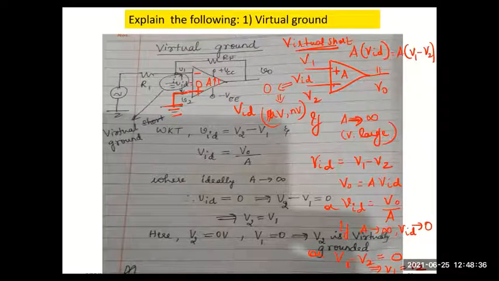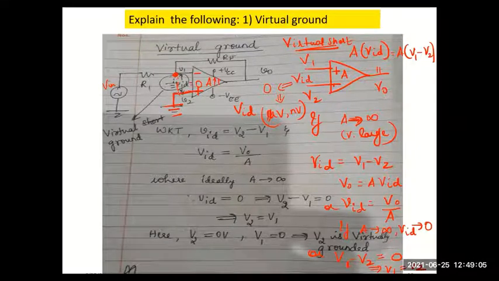In this case, I have not connected anything directly to V1. See, V1 goes through a resistance to the input signal Vin. So I can say it appears that V1 follows this V2, or there is a virtual short circuit. Virtual means it is not physically shorted and there won't be any current flowing through this. So please remember that. There won't be any current.